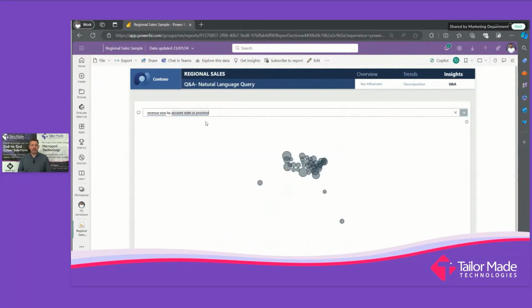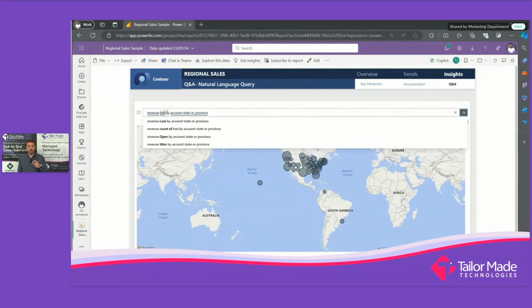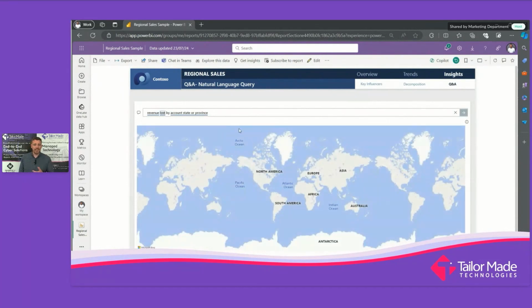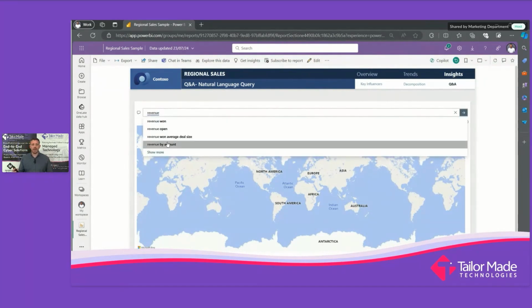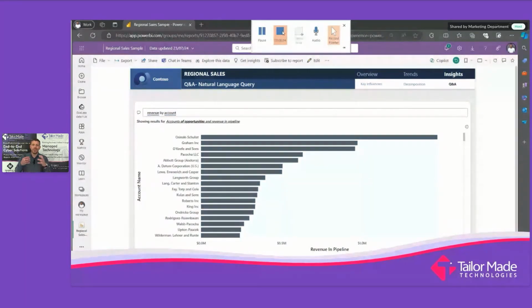I could even ask it how much revenue we've done in various states and provinces. And again, the bigger the circle, the bigger it goes. Now, I can also type in something that maybe it can't answer. And at that point, I get nothing. All right. So it's not AI, this. Okay. This isn't artificial intelligence. It's a fairly limited set of things that you can ask it that maybe make sense. But it will always give you a bit of a helping hand. As you start to write a question asking it for a bit of insight, it will drop down some ideas of things that you can ask it. But it's not Copilot. All right. It's not AI randomly doing stuff. And I'm going to show you a little example of that in a few minutes.